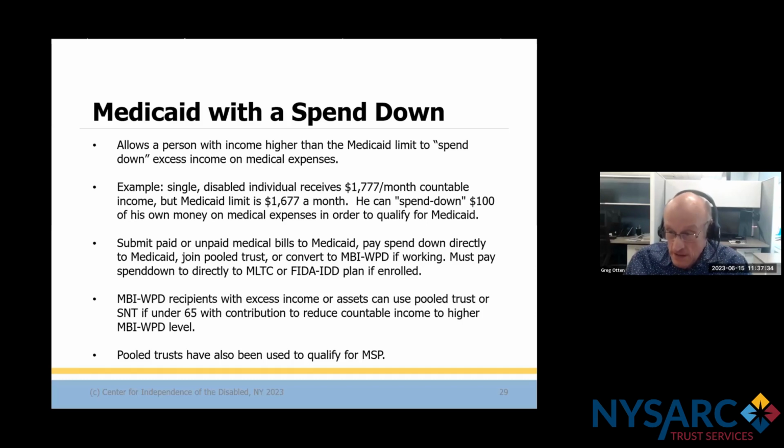Have a pooled trust like NYSARC, or if they're in a managed long-term care, it's different, they pay the spend down directly to the MLTC. And the reason for that is you don't want home care cycling on and off, depending on whether Medicaid got your stuff. So they basically activate you for 6 months at a time, and the spend down is between you and the plan. Yes, it is possible to use a pooled trust to get Medicaid buy-in, and the trust only has to go down to the Medicaid buy-in level, not to the regular Medicaid level. I have a client who's done that for years.